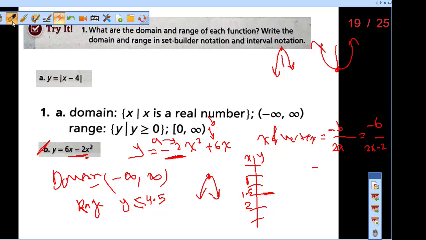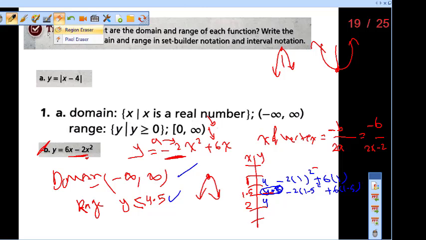Okay, look, I replace with 1. It means negative 2 multiplied by 1 squared plus 6 times 1 makes 4. And this is negative 2 multiplied by 1.5 squared plus 6 times 1.5, which makes 4.5. Look, this is y of the vertex, and this is 4, after you substitute. It means y of the vertex is the greatest. It means the rest of the y values are less. It means this is my range, this is my domain, and I can write this one as